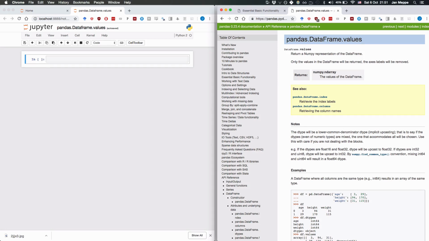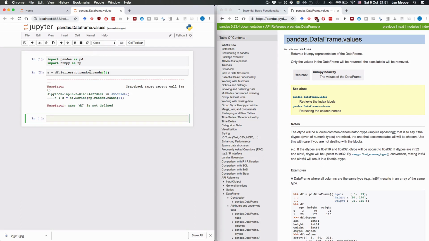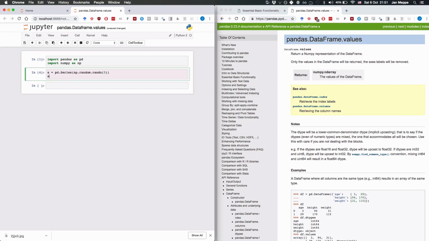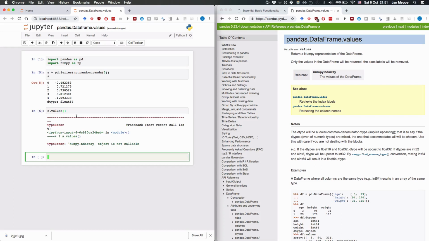So in general, this function does what you expect. So import pandas as pd, import numpy as np. So let's generate some data. So s is pd.Series, np.random.normal, 8, say 5. Oh, df is not defined, it makes sense, it should be pd. Sorry. Alright, and we can simply get the values with s.values, which is an attribute, so